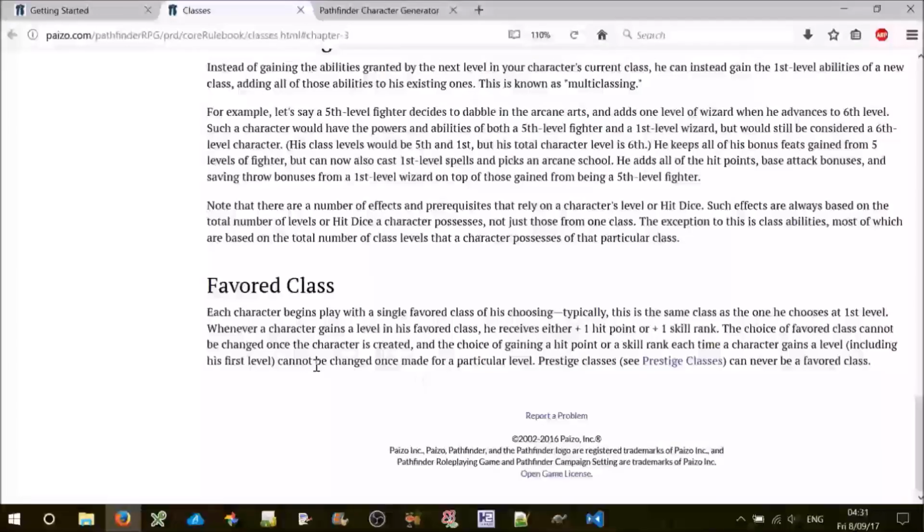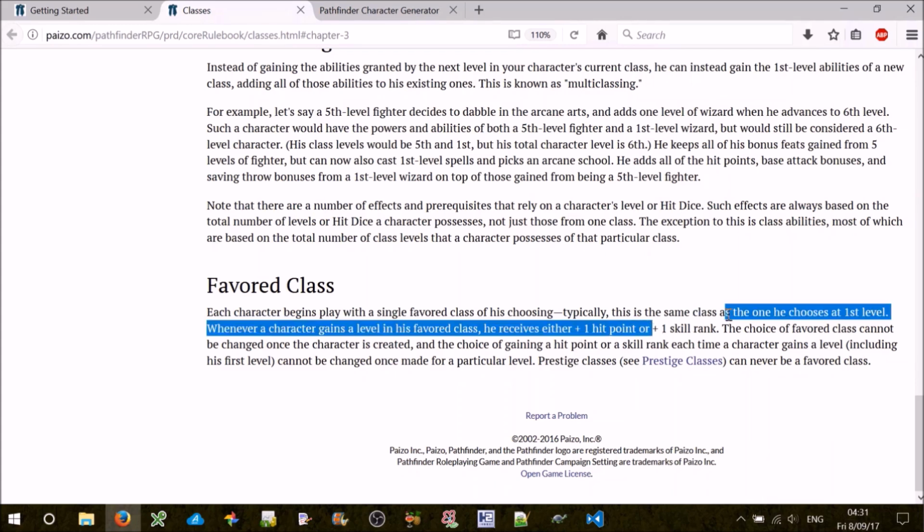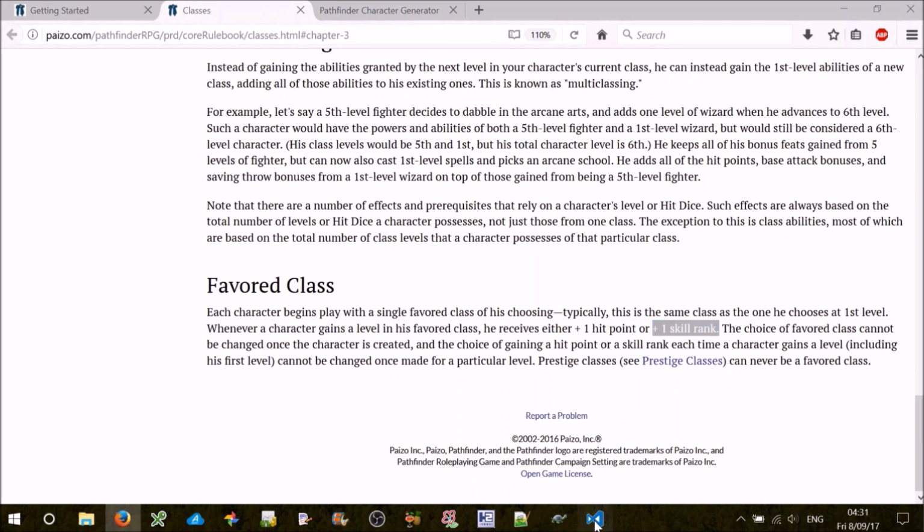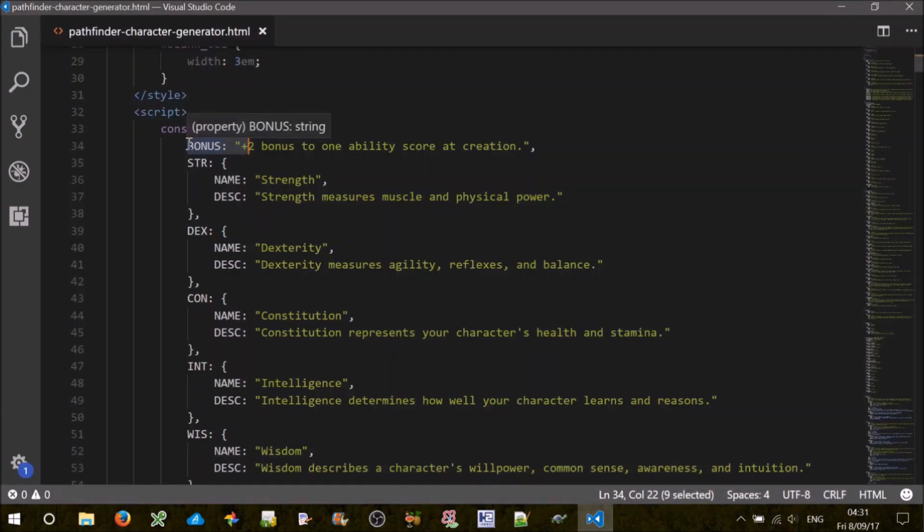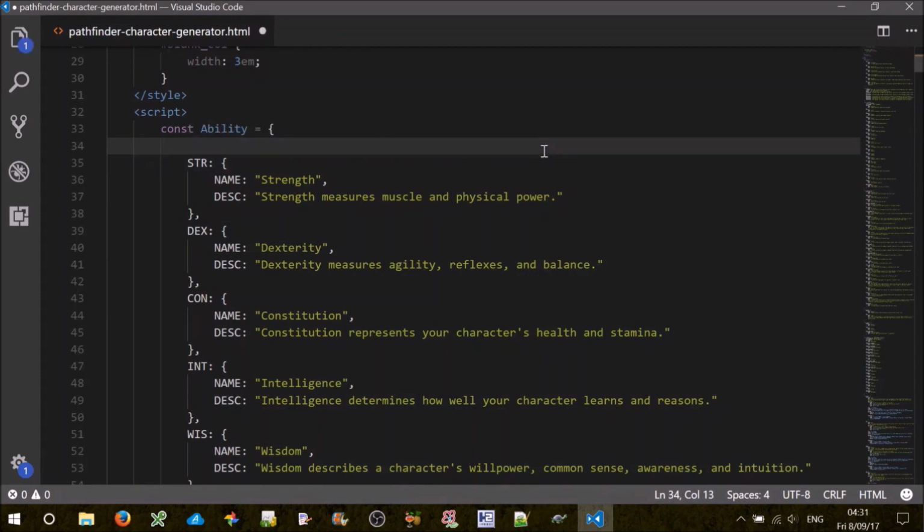If you look down at favoured class, which we'll implement maybe in the next tutorial, it says here, each character begins play with a single favoured class of his choosing. Typically, this is the same class as the one he chooses at first level. Whenever a character gains a level in his favoured class, he receives either a +1 hit point or a +1 skill point. Okay? So those two there could be considered a bonus, couldn't they? So one maybe nice way to handle bonuses is to put them into their own object. So we'll grab that one, do a bit of refactoring to begin with,